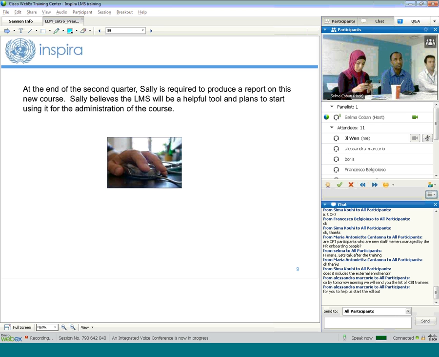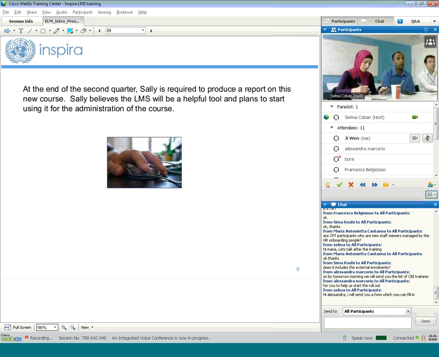As we finish this session, I just want to say that this session was primarily for learning administrators. For those of you who are learning coordinators, there's only one element that we need to show you, which is the security access component. It will not take a lot of time, maybe 30 minutes in one day, and we will do it with all learning coordinators. Our plan is that we are deploying Inspira to the whole of the United Nations Secretariat, so many colleagues will eventually be very much aware of how the system works.